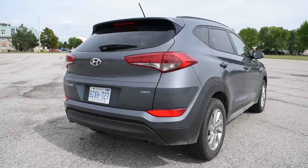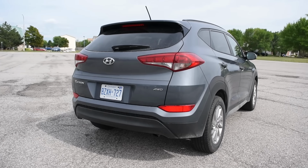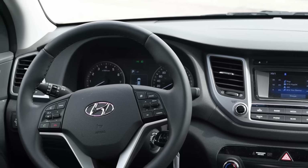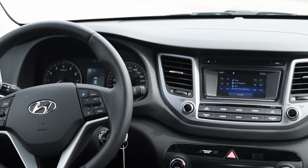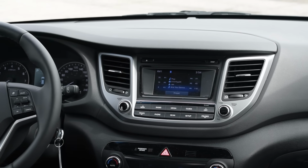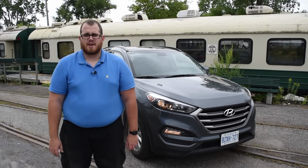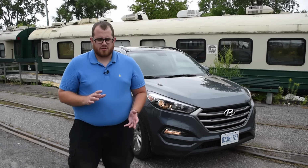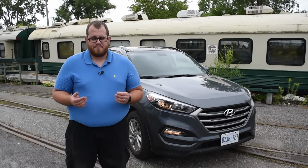But other than that, I've had pretty good back support and butt support with these seats. The comfort system's great. You've got dual zone automatic climate control, which is nice. So you can have your passenger with a little bit hotter or colder temperature setting than you. And I'm sure if it wasn't like 40 degrees, I would take full advantage of the heated seats and steering wheel. Those things absolutely work. I've used them in other products from Hyundai before, and they're great. So if you're looking at the entry level small SUV, this is certainly a nice one in terms of